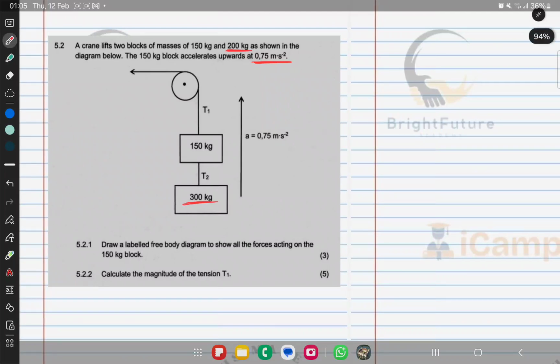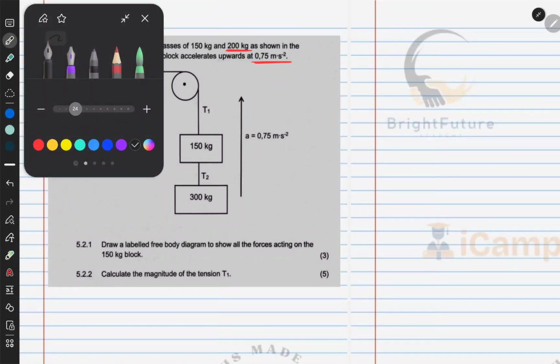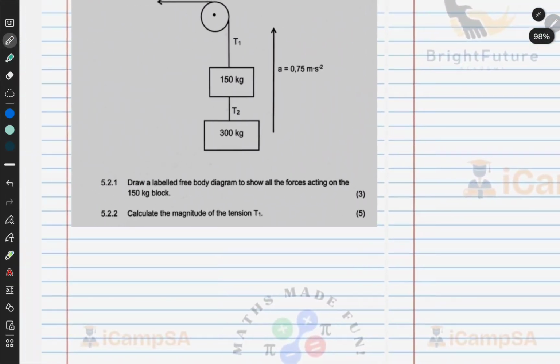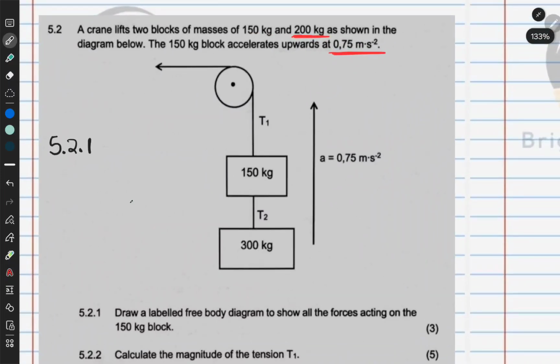Okay, so first thing we're asked to draw a labeled free body diagram to show all the forces acting on the 150 kilogram block. Okay, so that's usually an easy take with your marks. You just make sure you always get that one right. So let me just draw it here next to our diagram. In fact, I'll draw both the free body diagrams for the 300 kilogram block, or rather the 200 kilogram block, and then for the 150 kilogram block. So now let's start with the one that was actually asked,